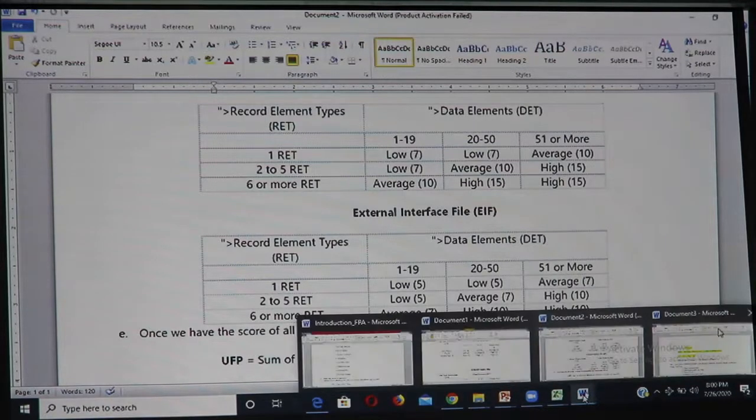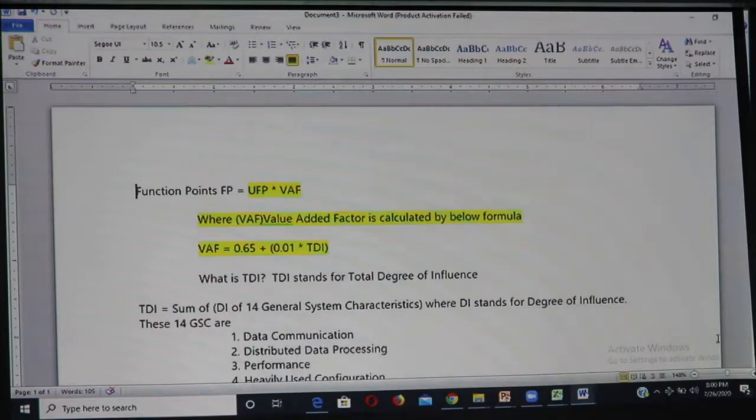To calculate adjusted function points, you have a formula where you multiply the unadjusted function points, which you just saw how to get by adding all the complexities, with the value added factor. So UFP multiplied by VAF gives you the function points.